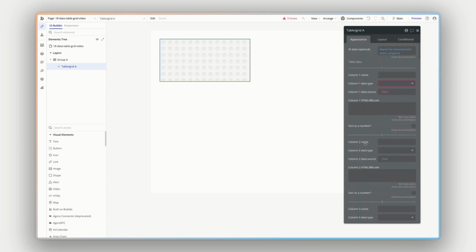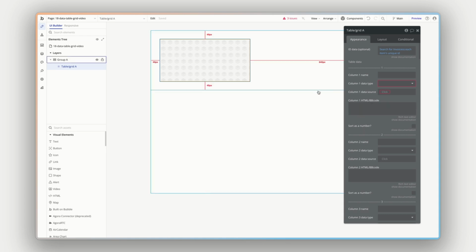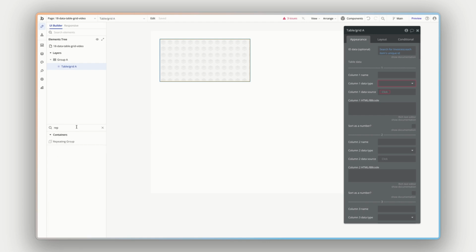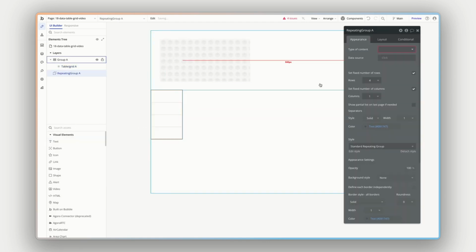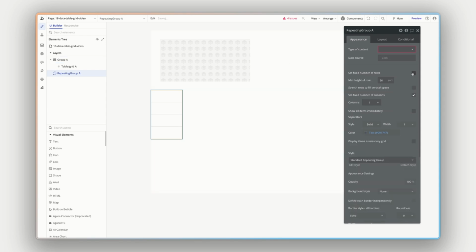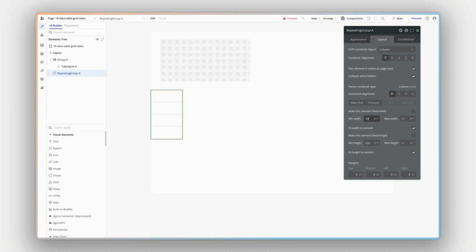Okay, let's go back to the top. Let's start getting some data in here. So what I'm going to do, I'm actually going to reference data from the page itself. I'm going to put a repeating group on the page. I'm going to turn off fixed number of rows, and I'm going to make this pretty tiny. I'm just going to say 10